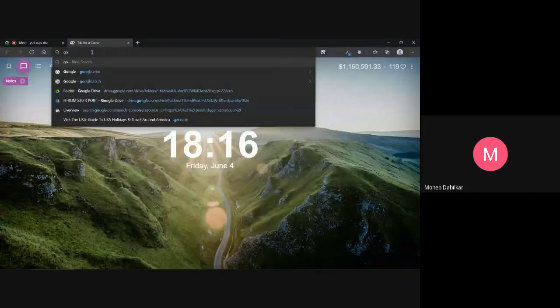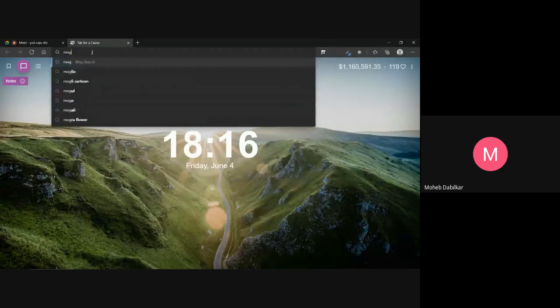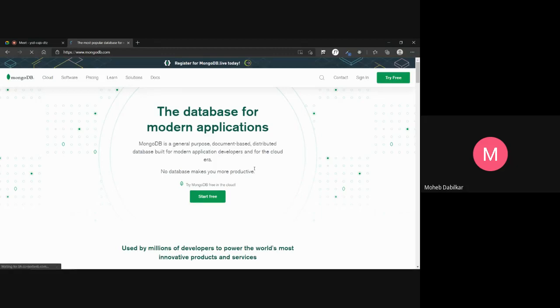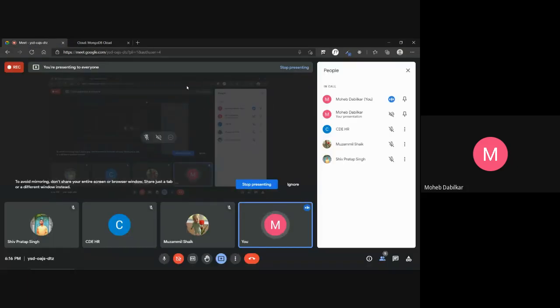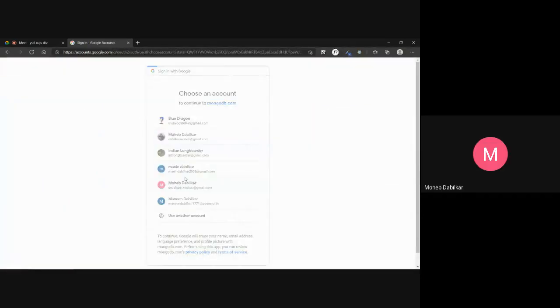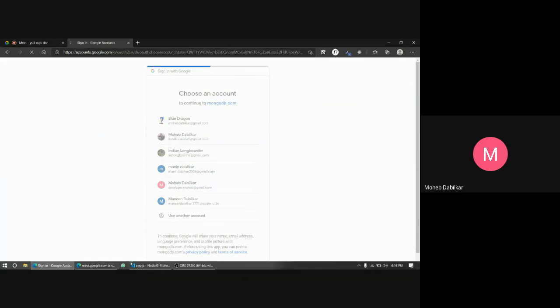So now we will just go to mongodb.com and you should be able to log in with your account. Let me click on sign in. You all have created your account for MongoDB, right? MongoDB Compass or Atlas, both of them will work. I just need that installed and the URL to load the database.